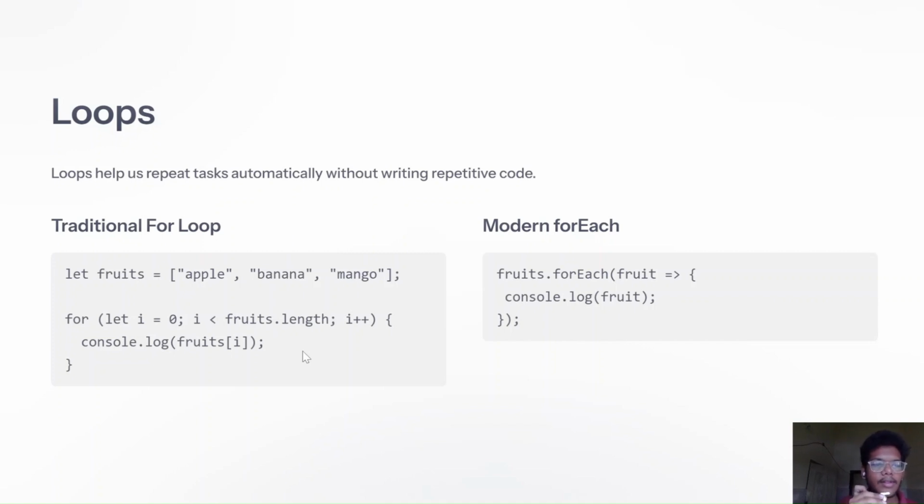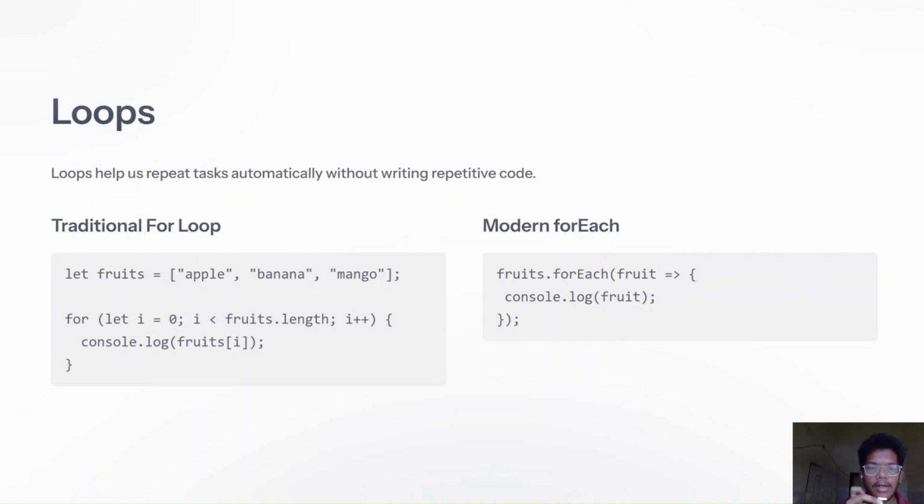We have declared i with let, initialized from 0, and it iterates until the length, which is 3, and last is the update, which is